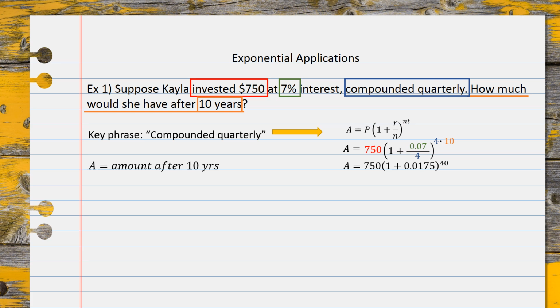Now we're still doing GEMS. Notice in the parentheses we have 1 plus this decimal value, and we can go ahead and combine those. When we do, our equation is now A equals 750, parentheses, 1.0175, close parentheses, raised to a power of 40. From here, we're ready to pick up our calculator and type this all in. Hopefully you found the result to be A equals